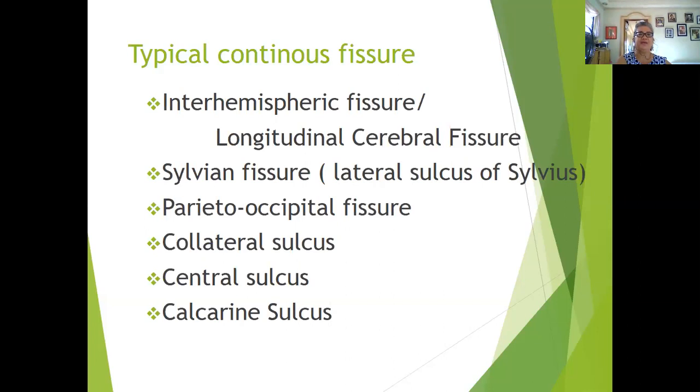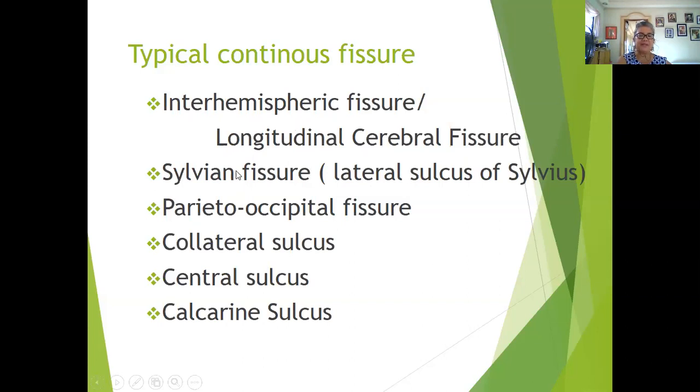So you have here the interhemispheric fissure or the longitudinal cerebral fissure, then the Sylvian fissure. Your interhemispheric fissure, or longitudinal cerebral fissure, will separate the 2 hemispheres of the cerebrum. Now then you have your Sylvian fissure, which is also known as your lateral sulcus of Sylvius, and this